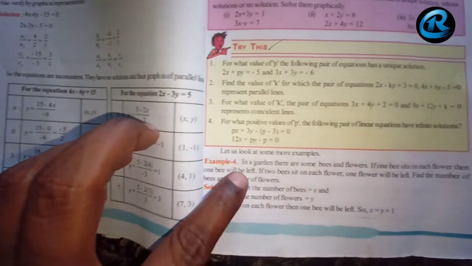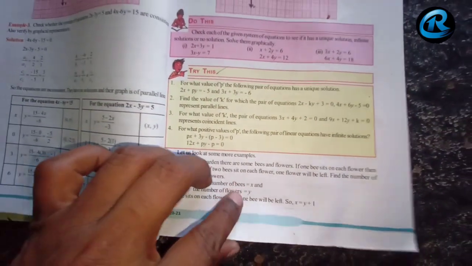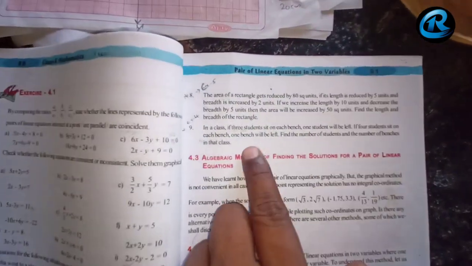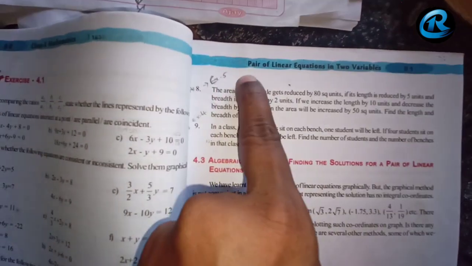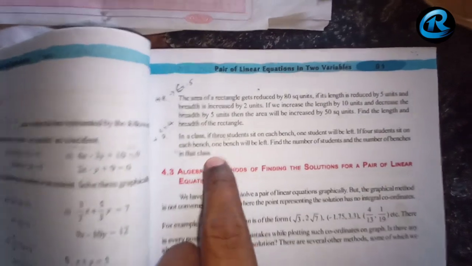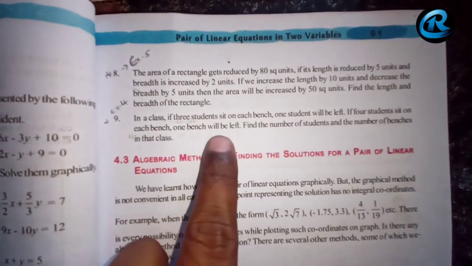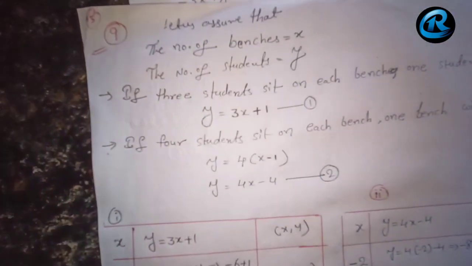Yes, question number 4. Okay, here the question name, example number 4. If you go through that, you can understand this question number 9 also very clearly. Both are the same model. This is example number 5 and here it is example number 4. I have written on the questions also. So let us see the solutions and graphical representation of this 9th question once.